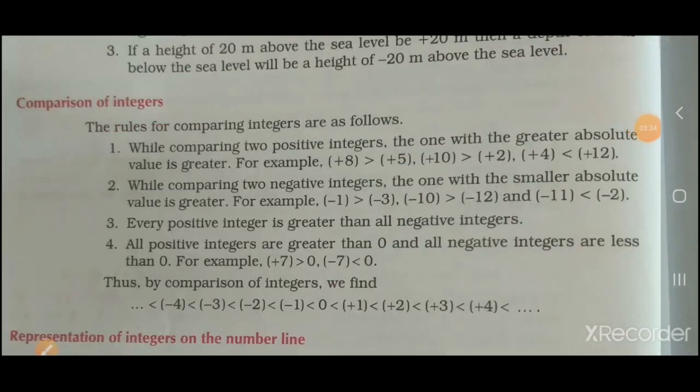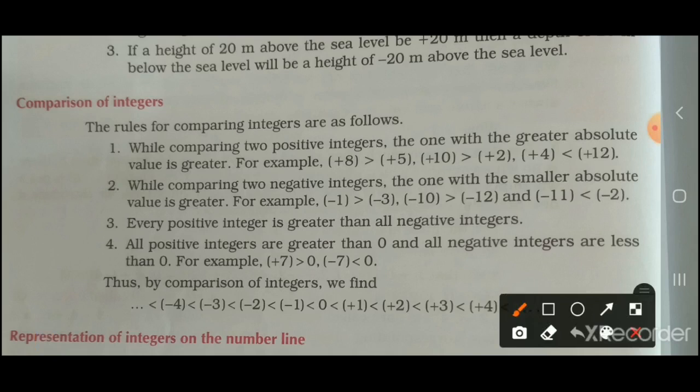Some important points. These will help us in solving the exercise. First rule: while comparing two positive integers, the one with the greater absolute value is greater. Plus 8 is greater than plus 5. Second point is,